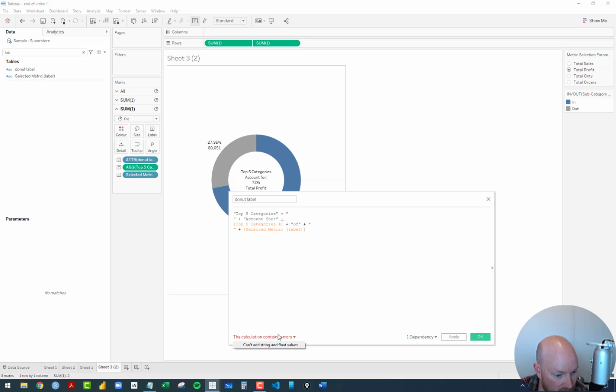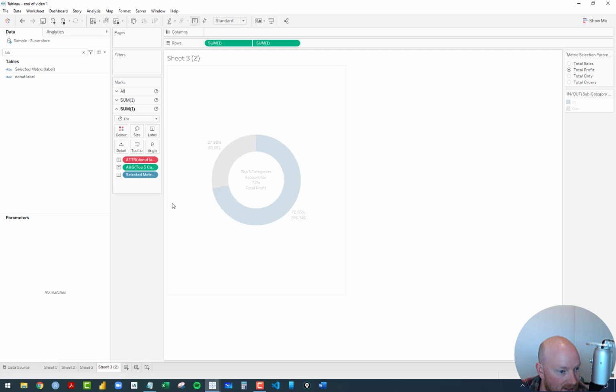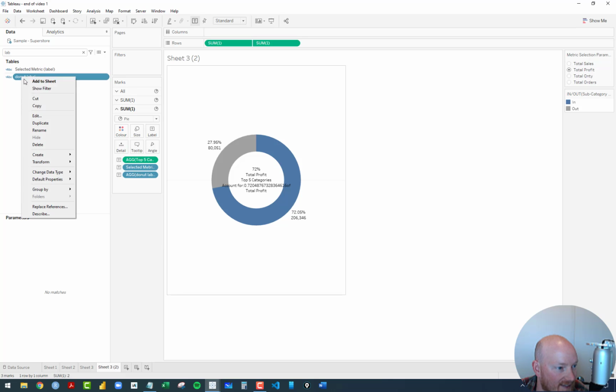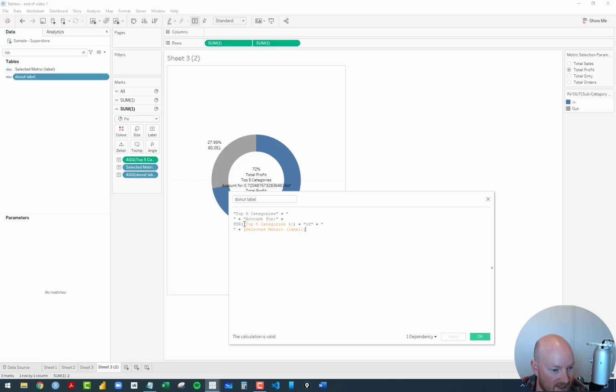It's not happy with us. Cannot add string to float values. So let's turn it into a string. So we've converted the number to a string, but let's see what it gives us. It's not happy with us. Can't be used. Donut label, let's put it in. Okay, so we're getting something here. So, it's up to you how you want to do it, but we might just have to do this. We might just have to round that number